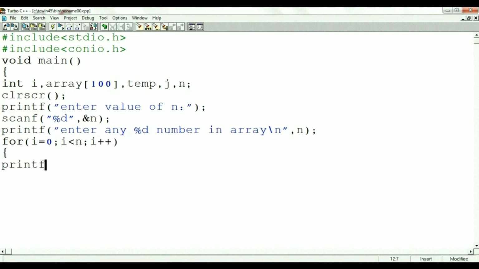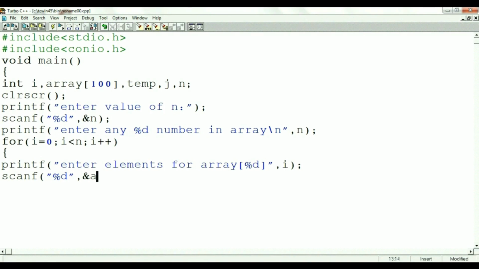Then printf within the double quotation, "enter elements for a of [%d]", closing of the double quotation, i value is assigned with %d format specifier. scanf within the double quotation, %d, ampersand array of i for reading the numbers as the input values. Now, closing of the for loop.